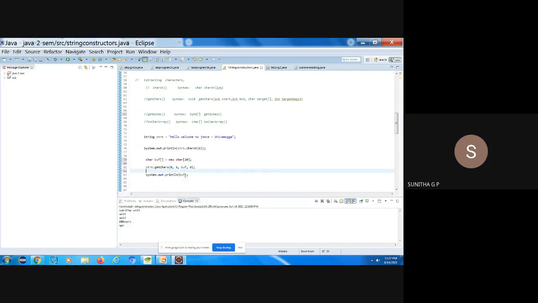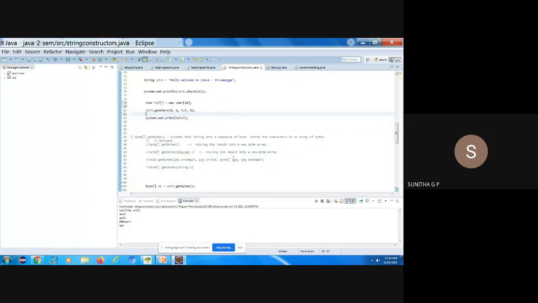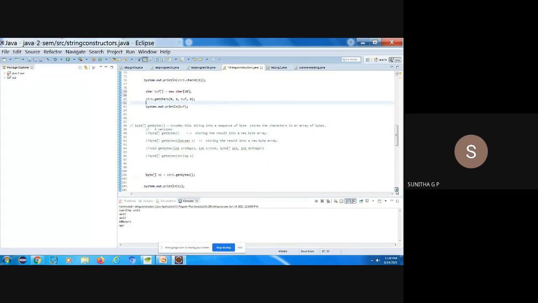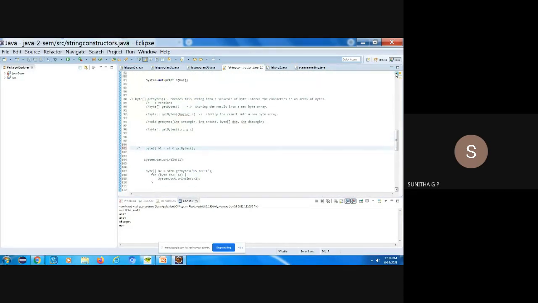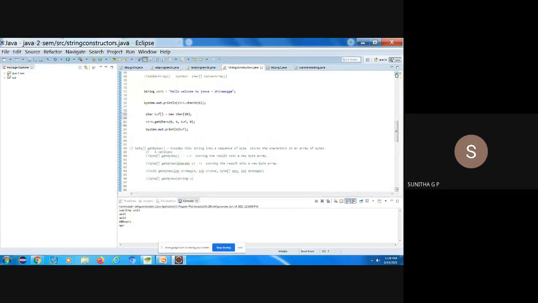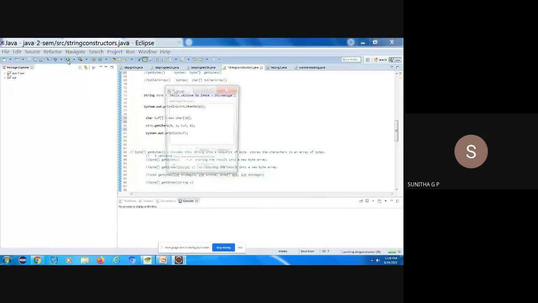By changing these values, we will see whether it is working properly or not. Then I'm printing this value. Let me execute these two, then we will move on to bytes. All the syntax I have given, but where the output is coming properly, that only is considered. So now we are extracting a single character, and also a required number of characters from a given position, for a given source and destination. That is what I can say about these two variables.